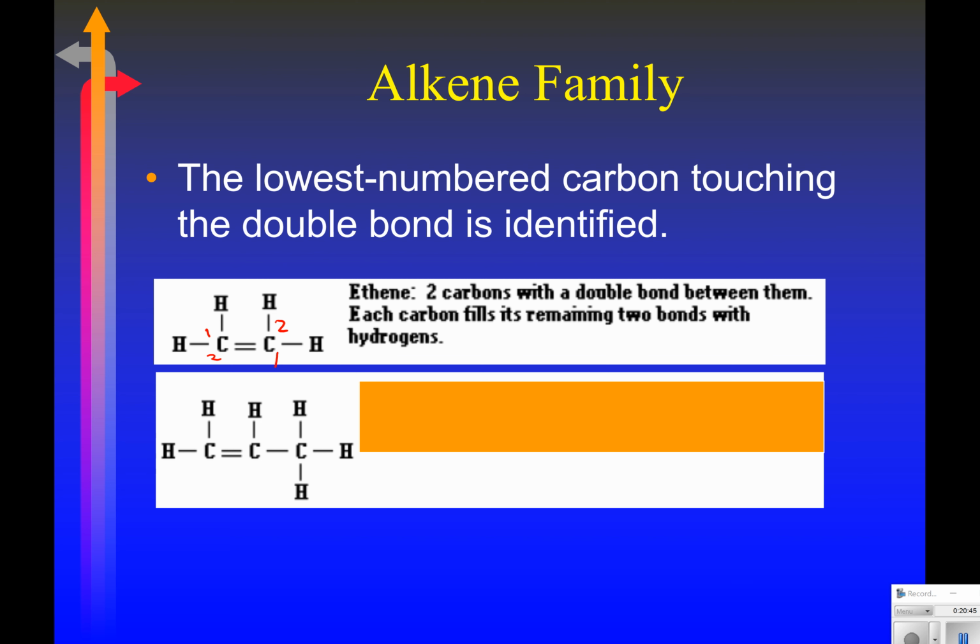So we identify that it is a 2-carbon compound, so it gets the prefix eth, and it gets the ending -ene because we have a double bond here. So this is ethene, and the double bond is always on the first carbon, so we're not going to identify that. But in the next example here, we number 1, 2, 3, or it could be 1, 2, 3,